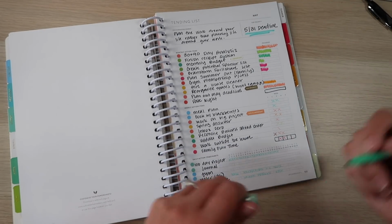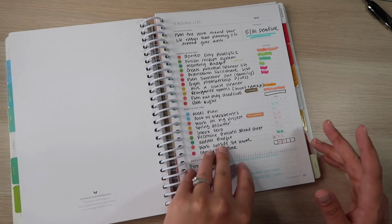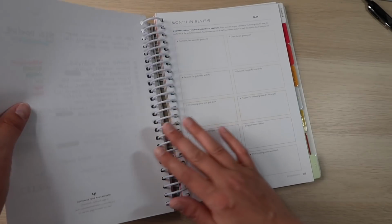We did do this both weeks. I just didn't mark it in. Oh, hi, Mark. So we're doing okay with this, and that'll be something that I can move forward into next week and see